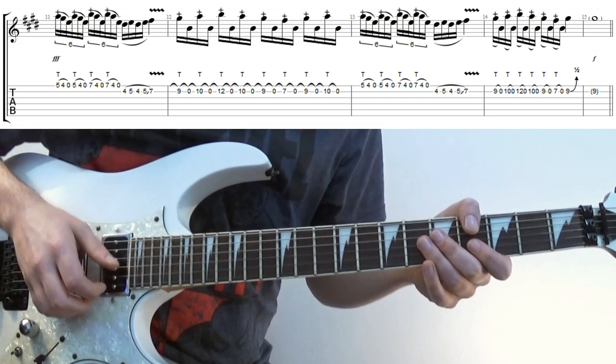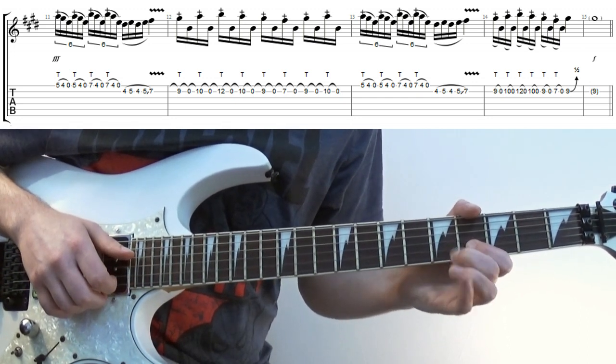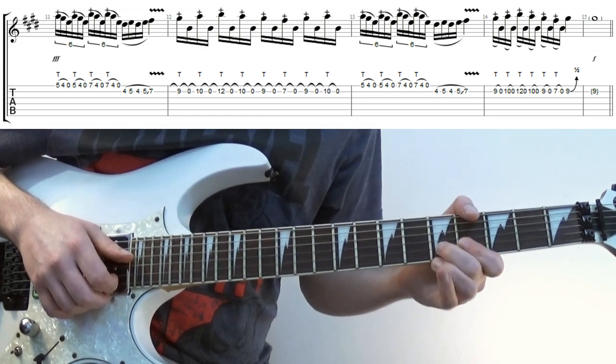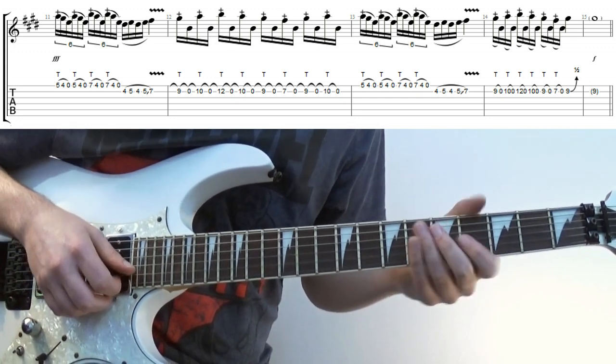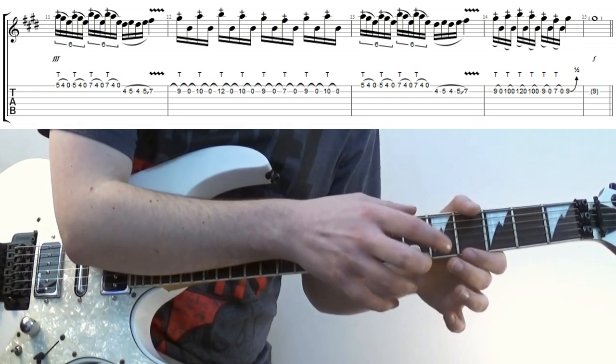Next we've got a hammer from nowhere on the 4. Hammer, go off, hammer, and slide. That would be 4, 5, 4, 5, 7. That's the harmonised bit. And you can also put some vibrato on that 7th fret if you fancy it. So far we've got